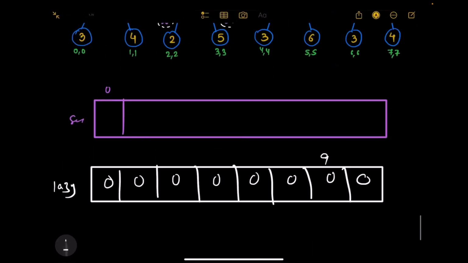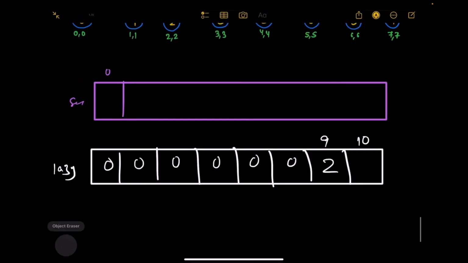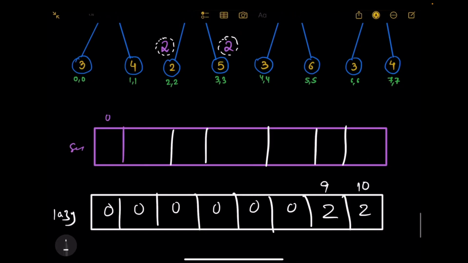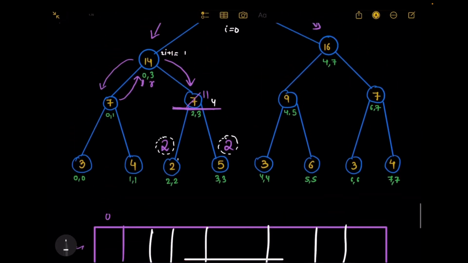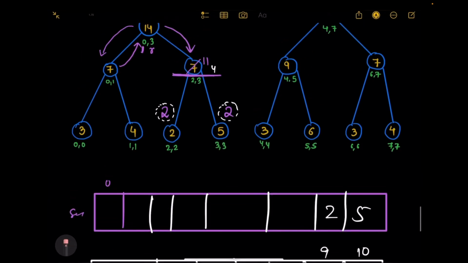तो इंडेक्स नंबर 9 लेकिन लेजी ट्री में, मान लेते हैं इंडेक्स नंबर यहाँ पर मैंने 2 डाल दिया, ठीक है, और ये इंडेक्स नंबर 10 पर होगा, तो इंडेक्स नंबर 10 पर यहाँ पर मैंने 2 डाल दिया, लेकिन जो ओरिजिनल सेगमेंट ट्री था मेरा, वहाँ पर देखो तो क्या प्रेजेंट था, यहाँ पर 2 प्रेजेंट था, और यहाँ पर 5 प्रेजेंट था, तो यहाँ पर ऑलरेडी वही का वही रह गया अभी 2 और 5, क्योंकि मैंने अभी तक इसको अपडेट ही नहीं किया है ना, राइट, इंडेक्स नंबर 9 और 10 में।